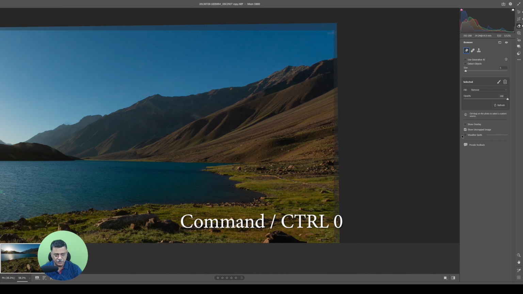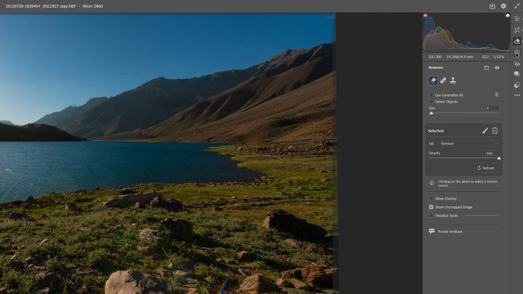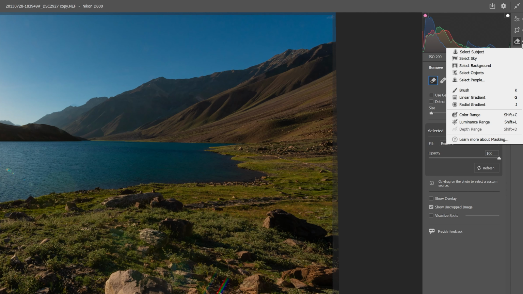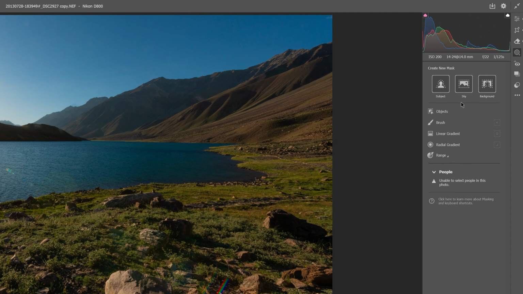Okay, so I'm going to put visualize spots off. I'm going to press Command 0 or Control 0, which will resize the image to fit the screen. Okay. So we've taken care of those small imperfections. Now we will take a look at how to locally edit this file, that is, edit parts of the image separately. So you have the masking panel next here, from which you can choose different options. You have select subject, select sky, background, you have object selection, you can use the brush to paint different areas, you can use radial selections or linear gradients